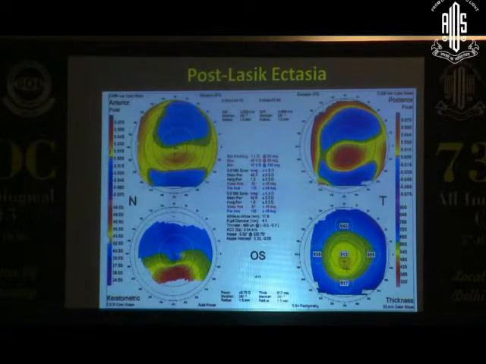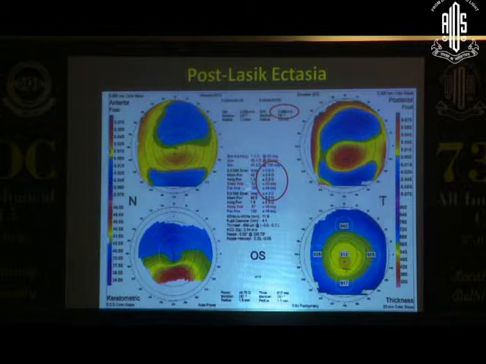this steepening. Similarly, you can see there are keratometric changes. All the inferior points are matching, and the central flattening also shows that it is a thinned out cornea. The ablation is not purely central. And see the pachy difference in the center, the thinning has become more than 110, 120. So with a history of LASIK and getting this, you can correlate it with post-LASIK ectasia.